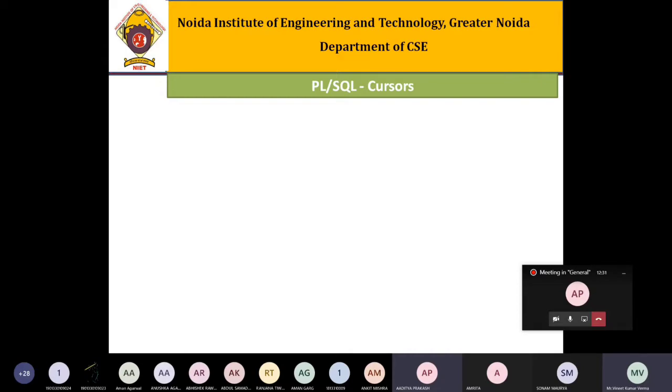It points to the address of the memory space where a variable keeps the data, right? The address of any variable or any identifier. So a pointer is nothing but a kind of address that will locate any variable, right? So similar to that, in PLSQL, we have a cursor.